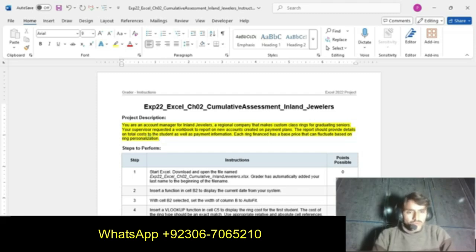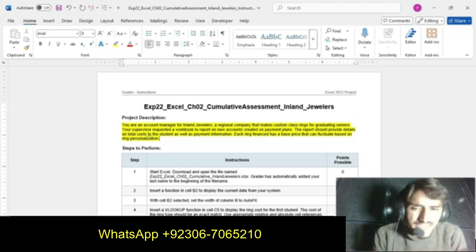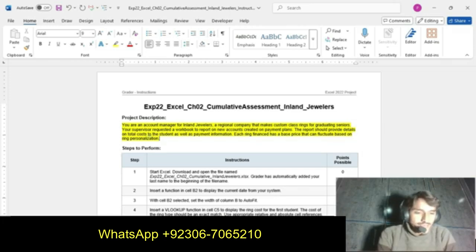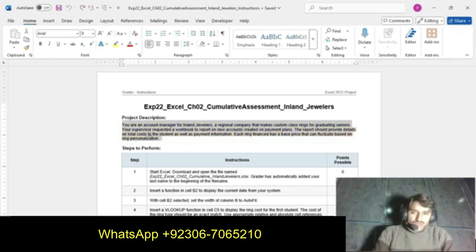The report should provide details of total cost to the student as well as payment information. Each ring is financed at a base price that can fluctuate based on ring personalization. So we get the idea of what we do in this assignment, and the process of this assignment.